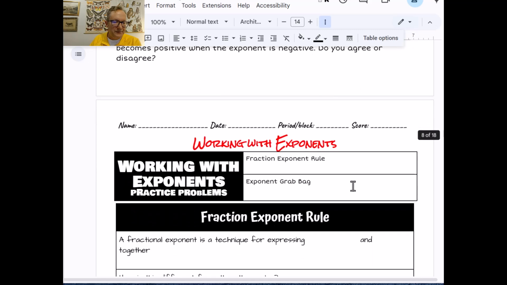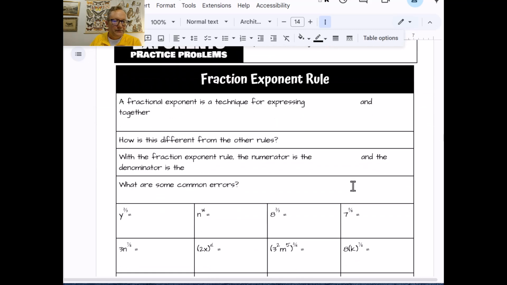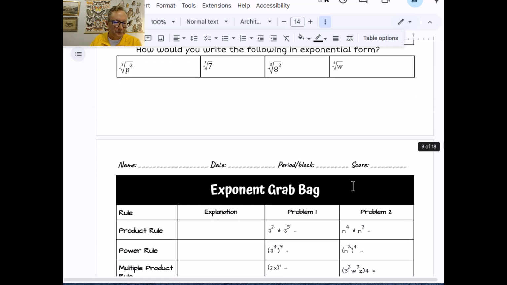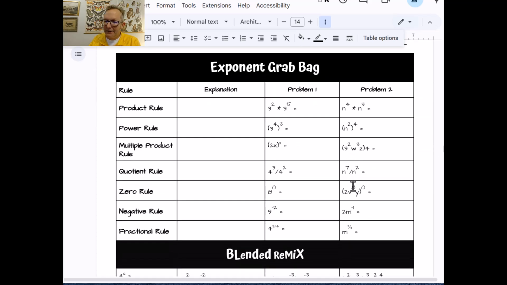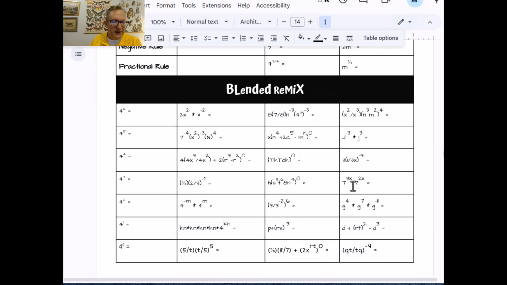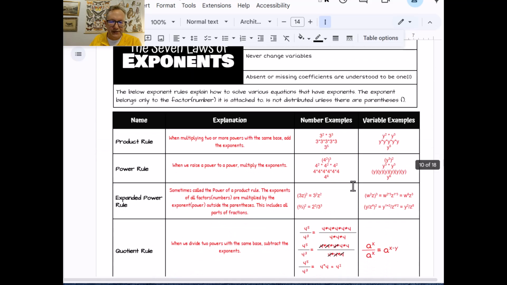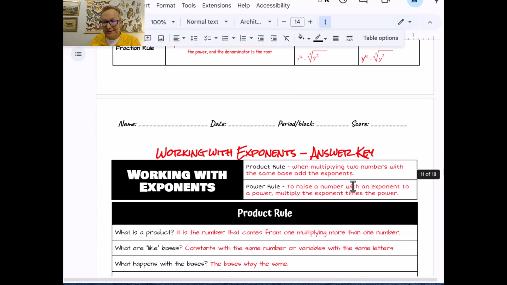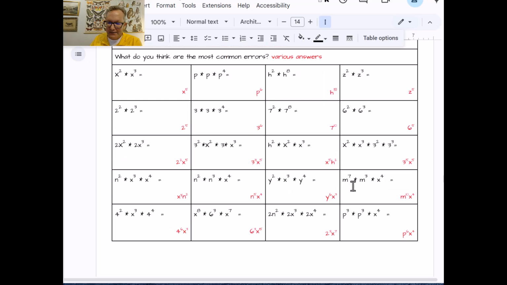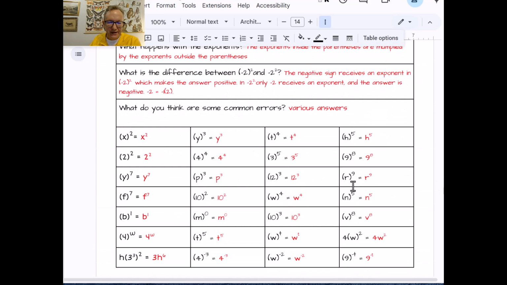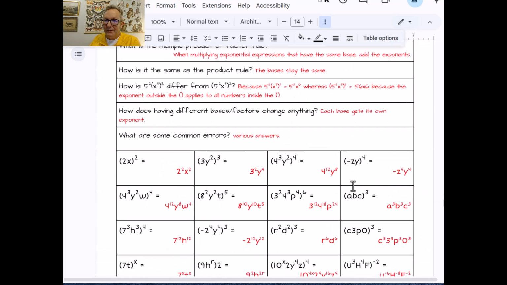And finally, we got our fraction exponent rule, a grab bag, so that's just a mix of everything, and the answer key. So this one is 18 pages in total, 9 pages of work and 9 pages of answers, so there's quite a bit of